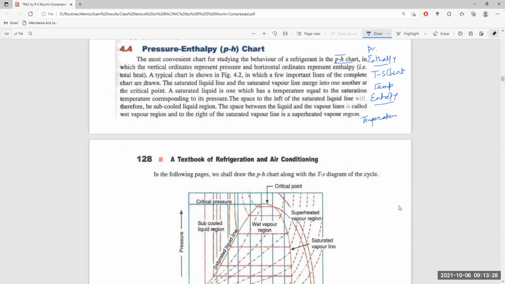If the content of heat is changed, you cannot measure it because the heat is of two types: sensible plus latent. Sensible heat you can measure because it is sensible, it shows the difference in temperature. But latent heat you cannot measure because latent heat is absorbed or extracted at the time of phase change from liquid to gas or gas to liquid, but there is no appreciable rise or fall in temperature. So how do you know the amount of heat?